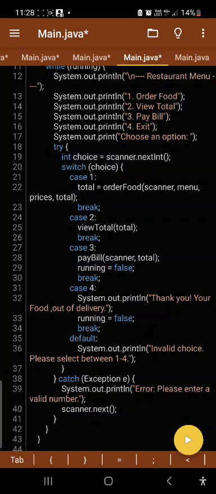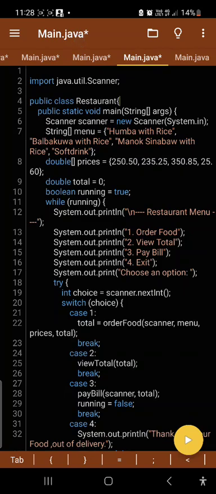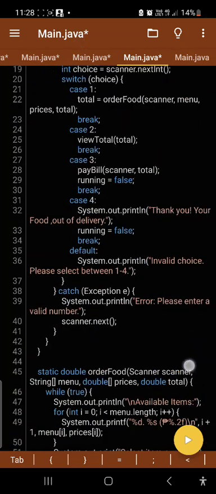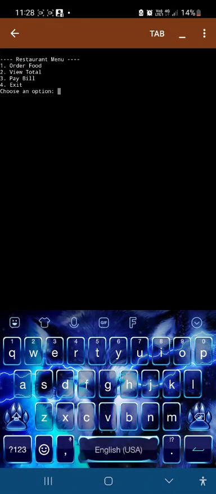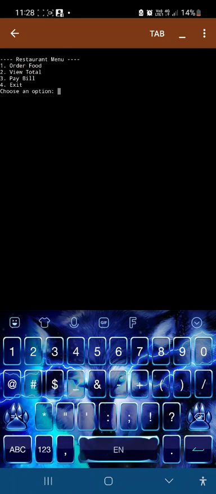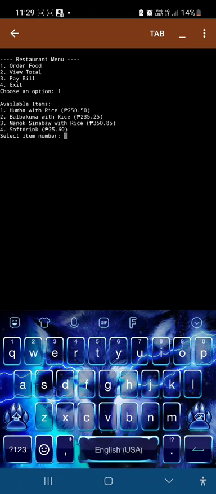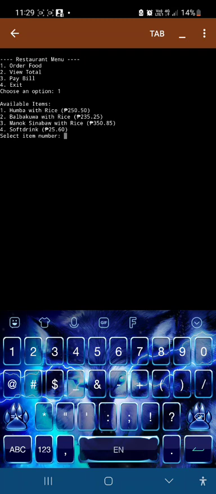So next, we can go to the output. If you want to order food, you can select number 1, item number 1. Next, it asks what is your order.